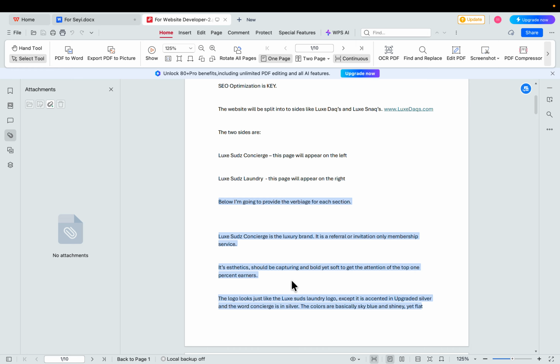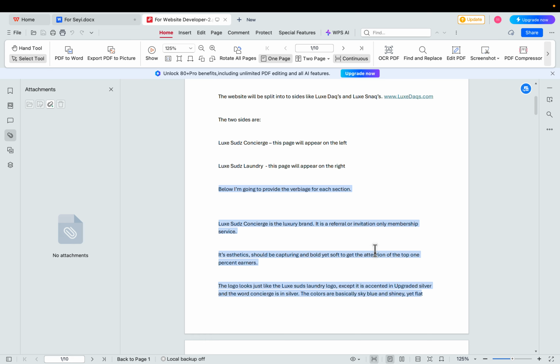Based on what you said, it's a luxury brand, a referral or invitation only membership service. So definitely, once they are viewing the left side, there should be a button that will take them to membership. It should say members log in here. If they're not a member, it would say something like for an invitation.